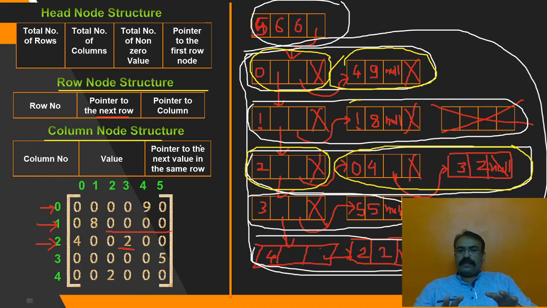Okay, so this is a little complicated structure. If you have not understood this, please go through this lecture once again. Try to understand what are the fields we are mentioning in this head, row and column node structure, and it will be clear for you. Okay, so this is the 3 structure representation of a linked list, or list of list information of a linked list. It is called list of list, or LOL, list of list. So this way you can define a sparse matrix using a linked list.